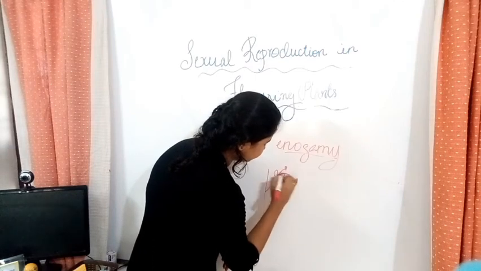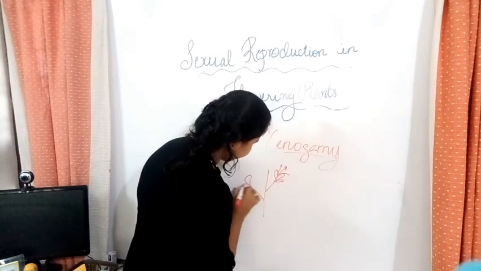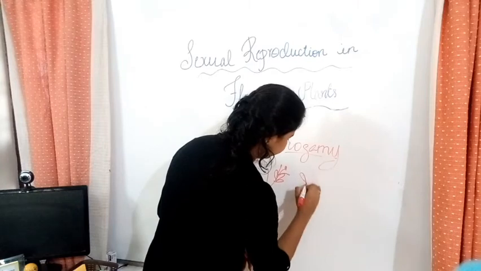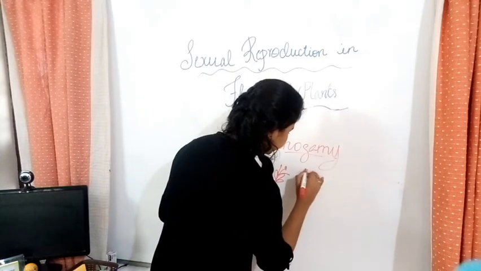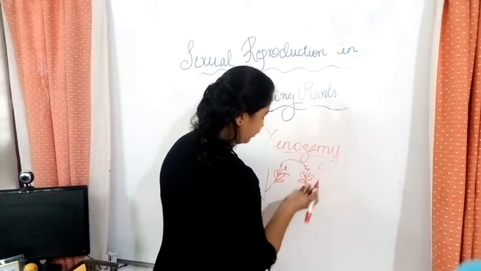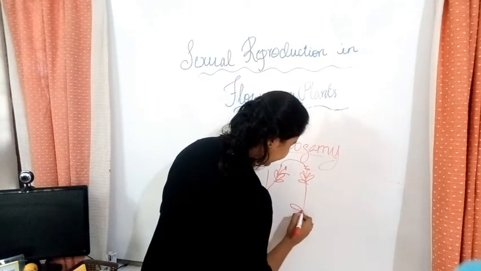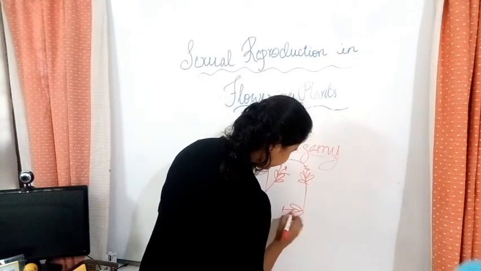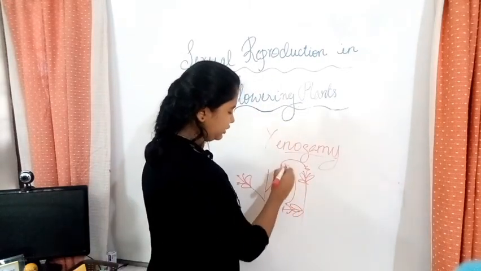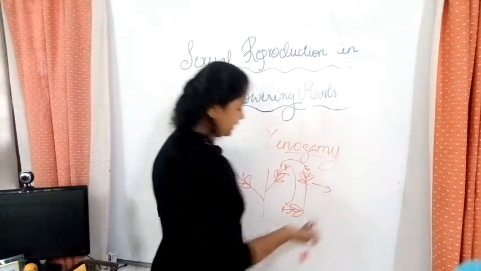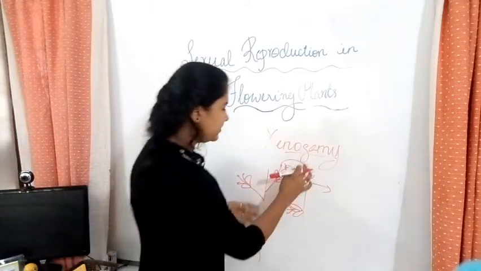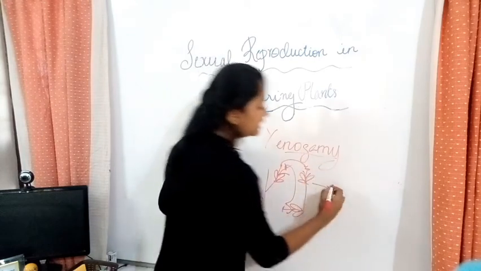This is the stigma. This is the anther. Over here also there are flowers. Anther. Over here also, this is another plant. This is a stigma. This is the anther. So over here, if this comes and falls on this, or let's say we can have a flower over here also, stigma, anther. So if this pollen grain comes and falls on this, or this comes and falls on this, it is known as what? Cross pollination. It's not on the same plant. It's a type of cross breeding or cross pollination. So this is cross pollination, and over here there are variations.